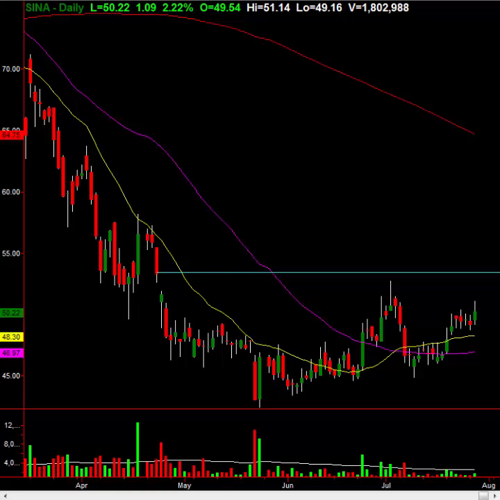All right, guys. So again, I want to just point out one more thing here. Not only did I have the IYT short, but I had the September 155 puts long at $4.80. Guess what they are trading at now? $8.10. Think about that.